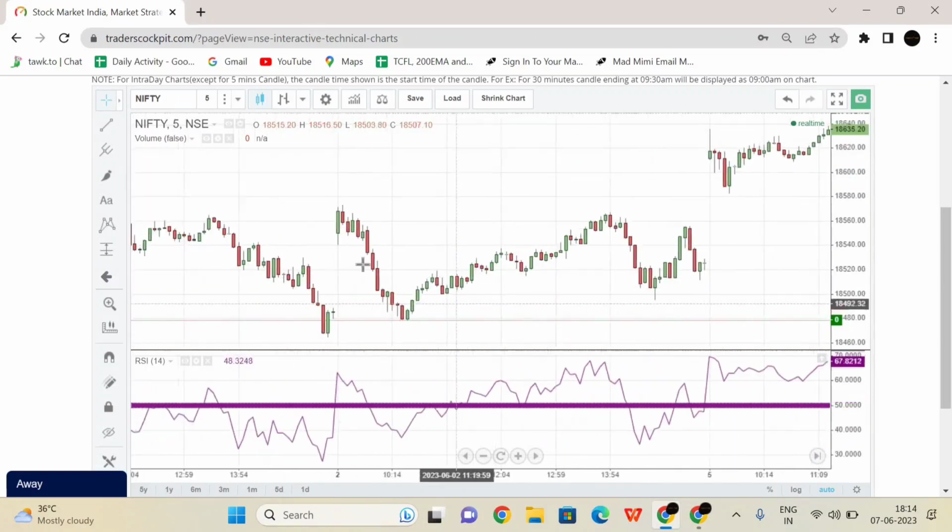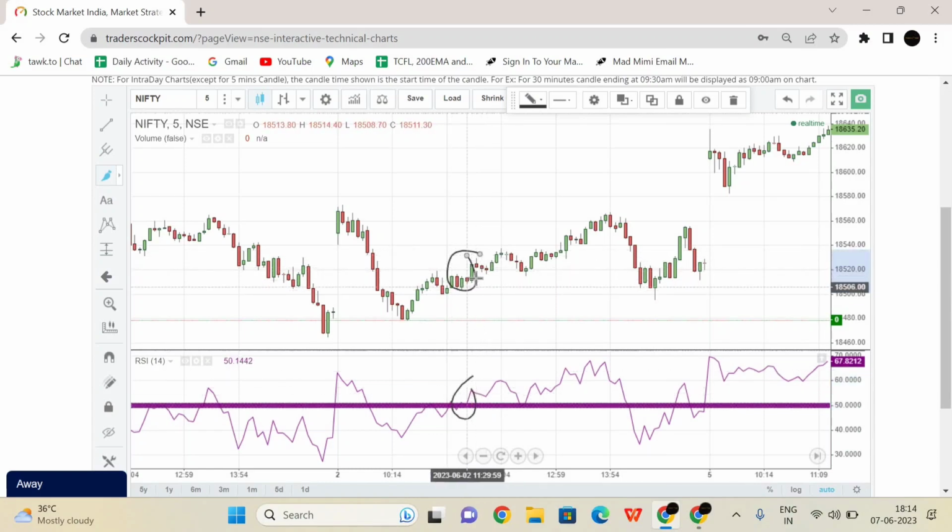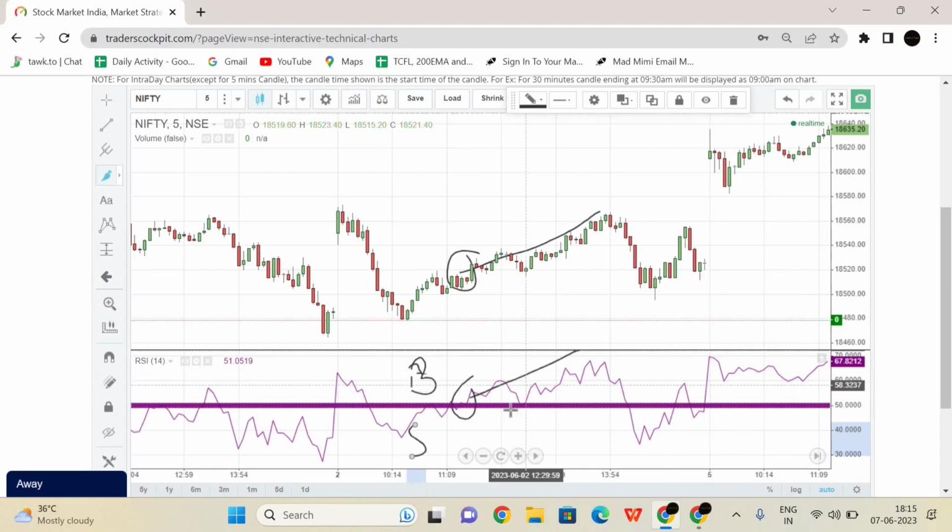Let's assume here, if you see, the RSI line is crossing above the 50. At the same time, price is also going uptrend; RSI went up and price also went up. So 50 will act as a divider between buyers and sellers. Above 50 is buyers' sentiment and below 50 is sellers' sentiment. 50 is the midpoint because we measure RSI from 0 to 100. Above 50 we look for buy opportunities, and below 50 we look for short selling opportunities.